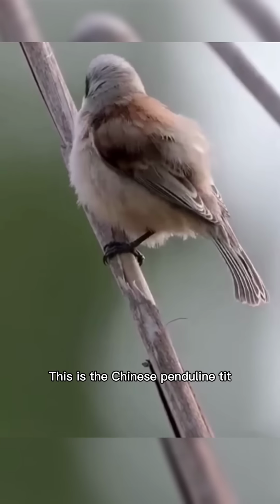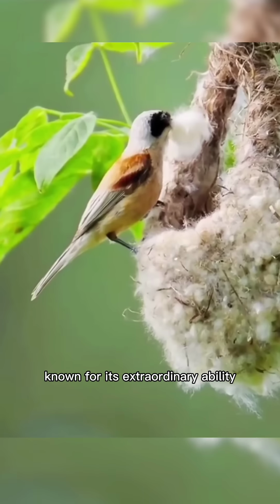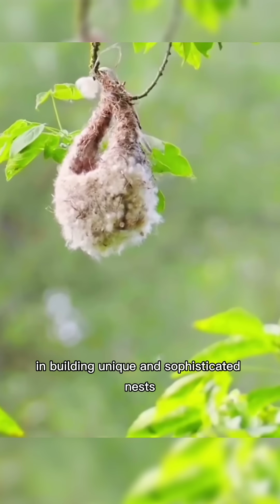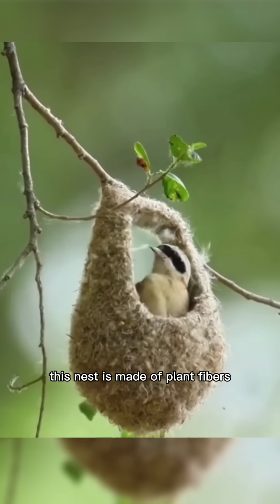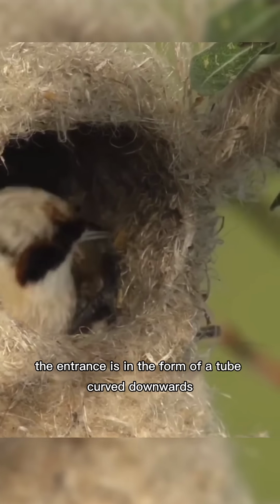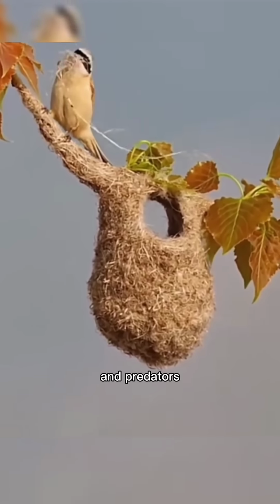This is the Chinese pendulum tit, a tiny bird weighing 10 grams, known for its extraordinary ability in building unique and sophisticated nests. This nest is made of plant fibers, which are neatly woven by the male bird. The entrance is in the form of a tube curved downwards, so that rainwater does not enter, and predators, such